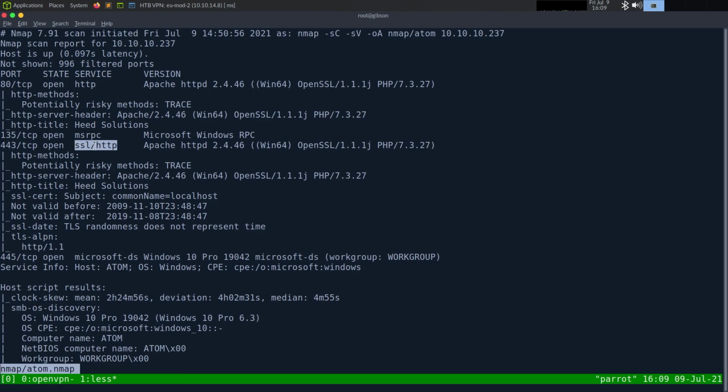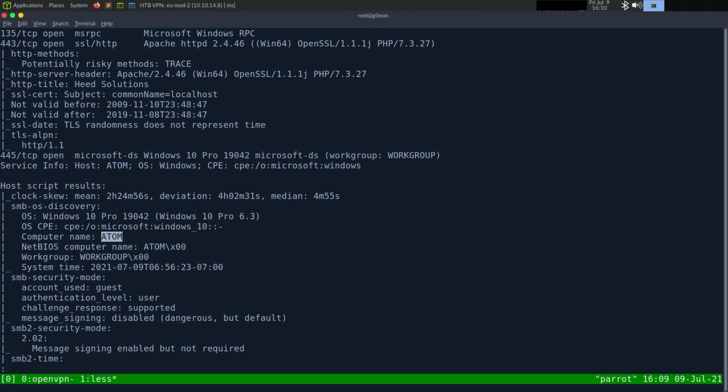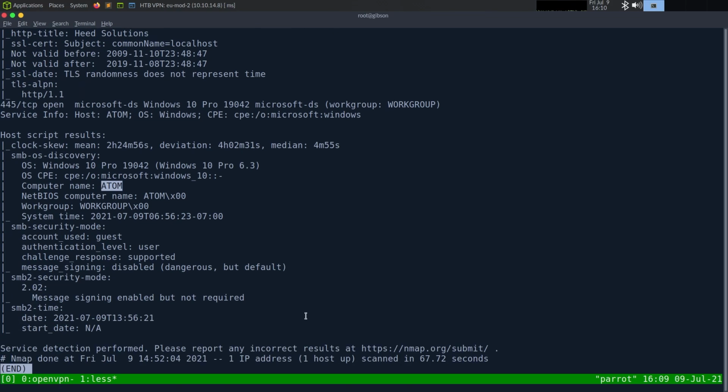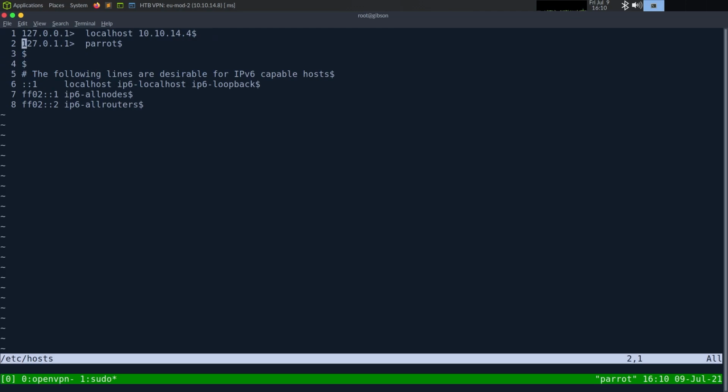Then we have HTTPS, and looking at the certificate, its common name is localhost, so it doesn't leak the host name there. Then we also have 445, and it's telling us it's Windows 10 Pro 19042, and not too much information there. We do have a clock skew of, I guess, 4 minutes maybe, and it's telling us the computer name is Adam. So when I look at HTTPS, I'm going to specify the Adam host name just to see if there's a different virtual host. And that's about it. So let's go right now into my etc hosts file, and we're going to say